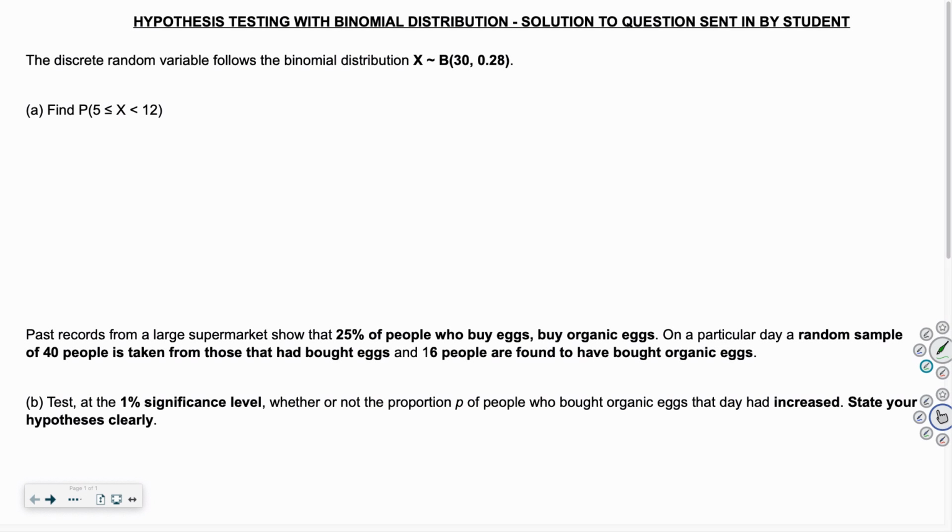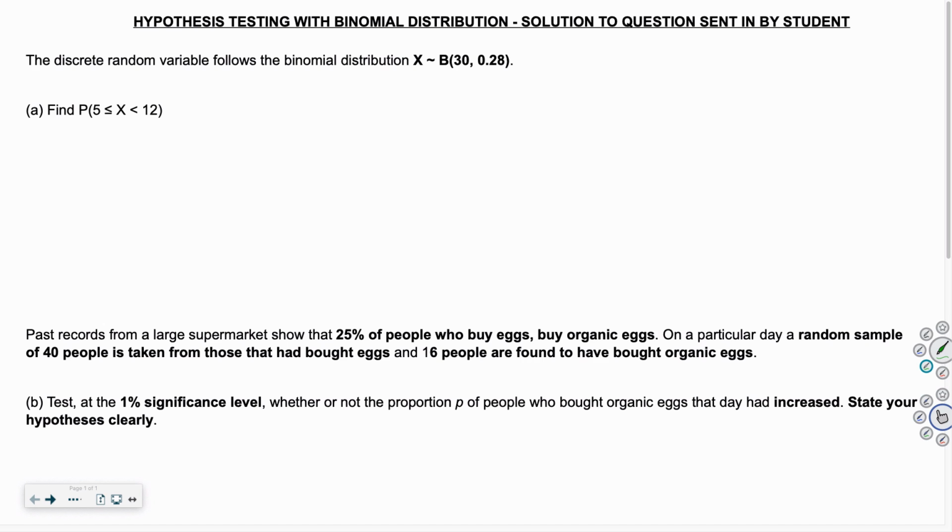In this video, I'm going to be working through a solution to a question sent in by a student. And this question is hypothesis testing with the binomial distribution. It says the discrete random variable follows the binomial distribution, X belongs to a binomial distribution of n 30 and p 0.28. Part A says find the probability of 5 being less than or equal to X, which is